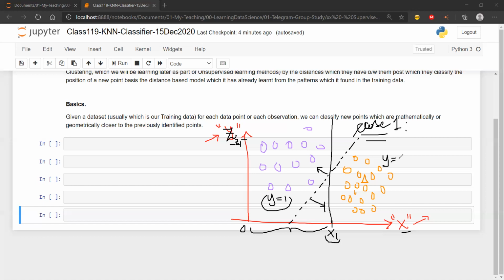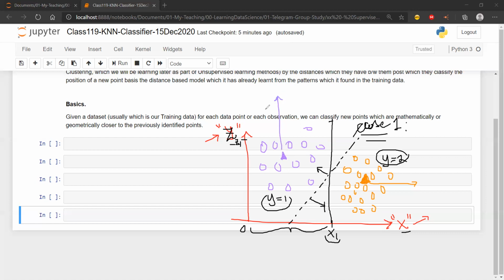I could have done a decision tree here also, but the places where a decision tree doesn't work is where there is a difference in the way the points are structured. We will come to an example like that. But in case of k nearest neighbor, we create a special point. The algorithm creates this point, this triangle that I'm drawing. One triangle is created for the orange points, and one triangle is created for the violet points.